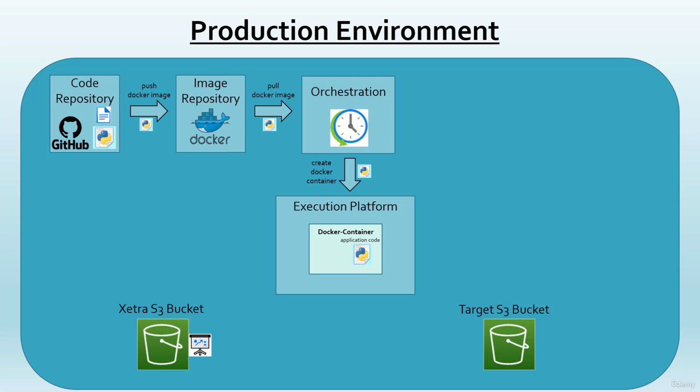spinning up the Docker container, the config file should be mounted and some secrets such as AWS credentials should be added, for example, as environment variables. And finally, the orchestration tool will trigger our application according to the required schedule. So the necessary data will be extracted from the Xetra S3 bucket, processed, and the report saved on the target